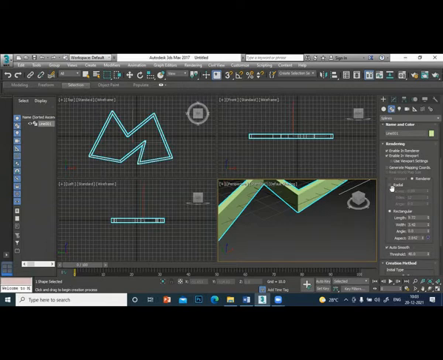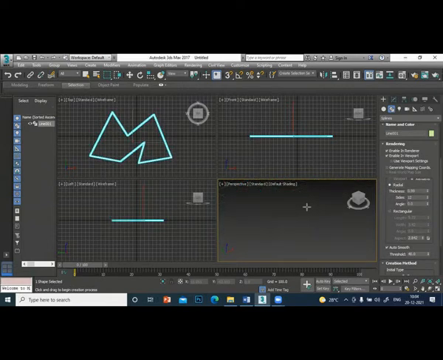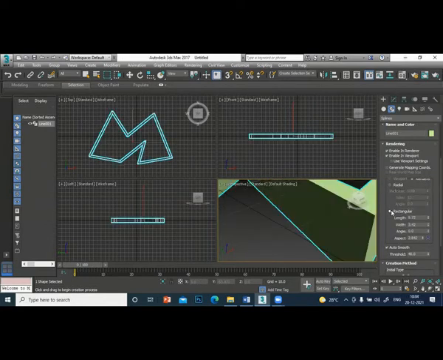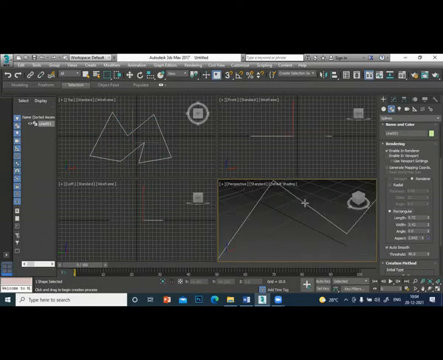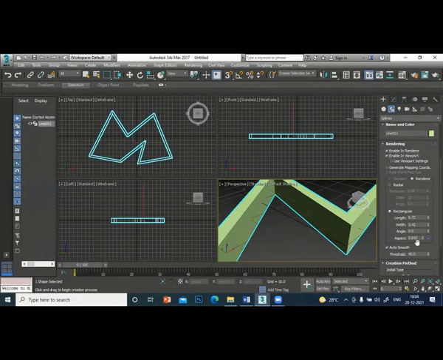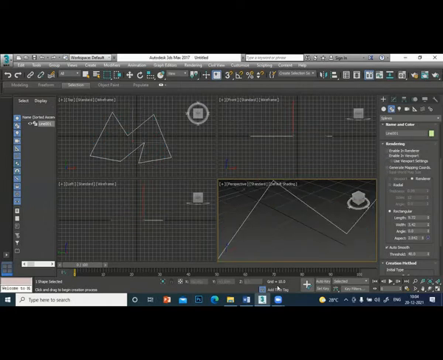So there are two types available. When you say radial, you see that it is all round now. Round. When you say rectangular, it became rectangular. So this is possible when you enable in renderer, enable in the viewport. You will see it only when enable in the viewport is on. Okay, so sometimes you can use that. I will switch off both. Where you will use it is very, very useful.